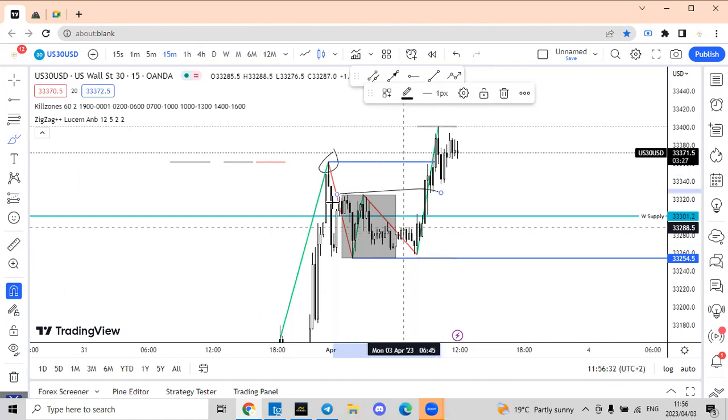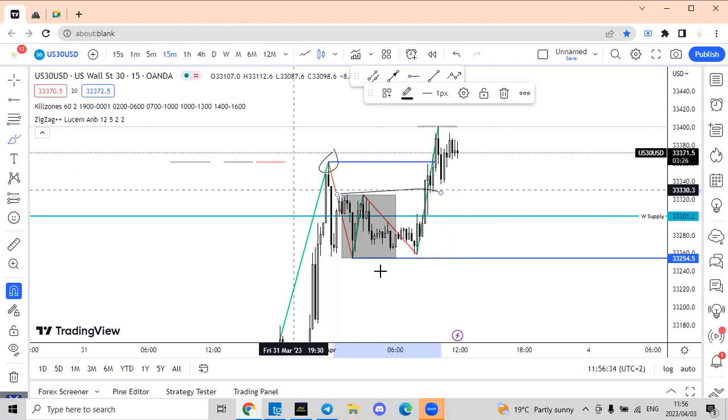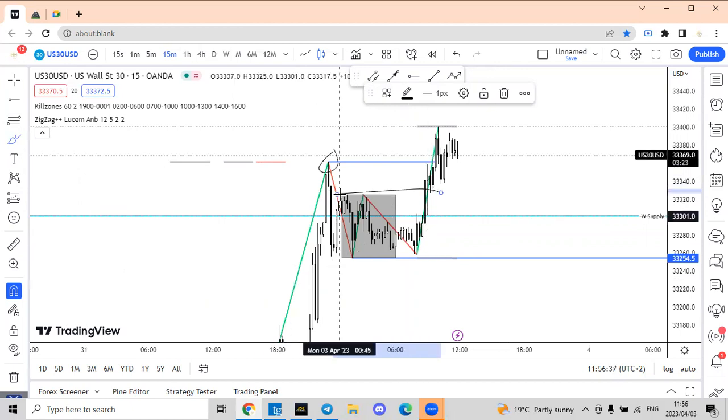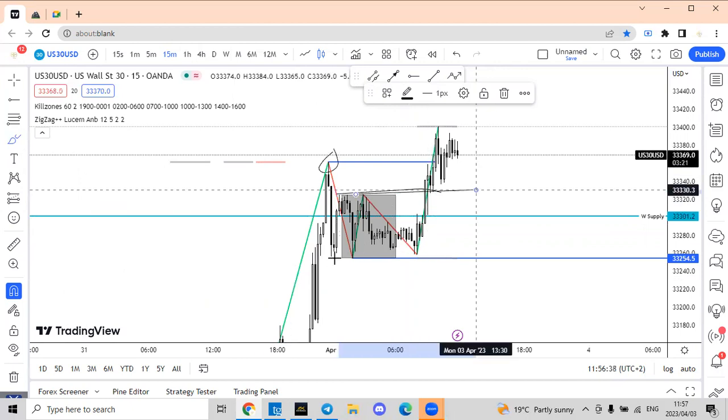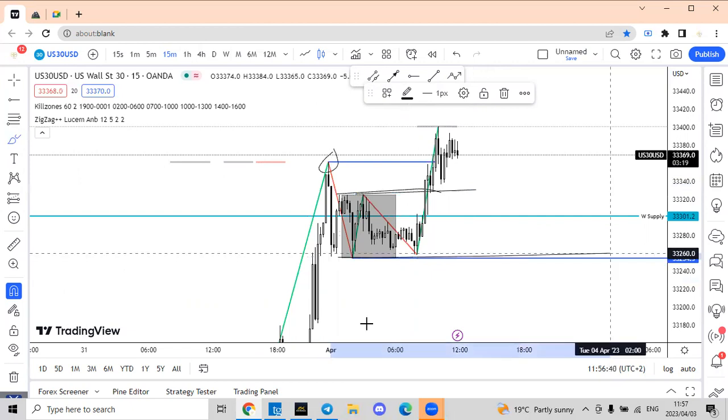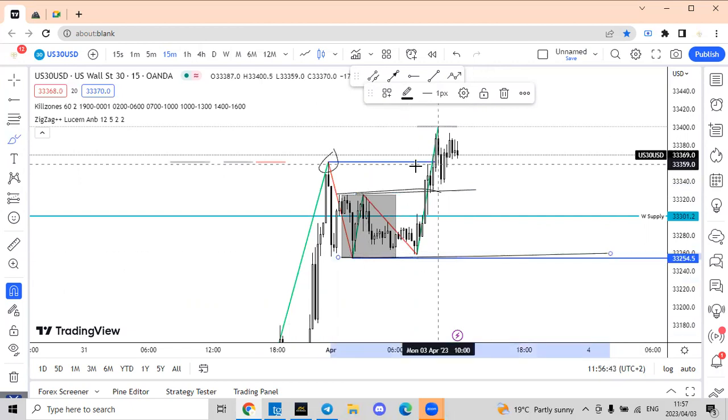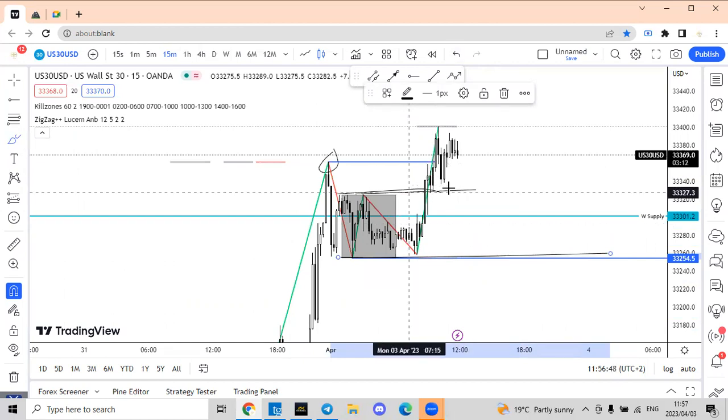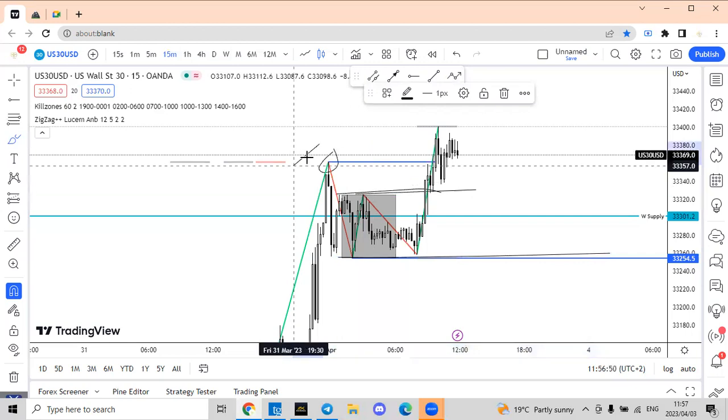You understand? Why do I say this is liquidity from the Asian high? There are people who trade like this: buy stops here and sell stops here. So once price comes and hits the buy stop, they are buying. It triggers their buys. Since it triggers their buys and has taken yesterday's high,